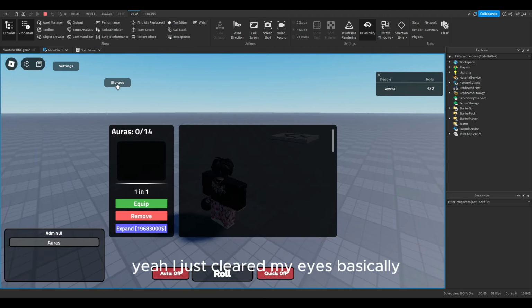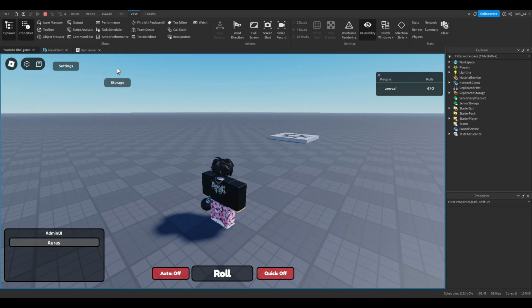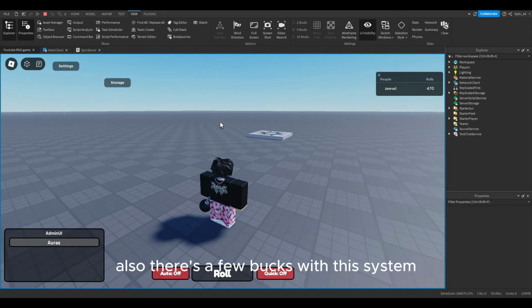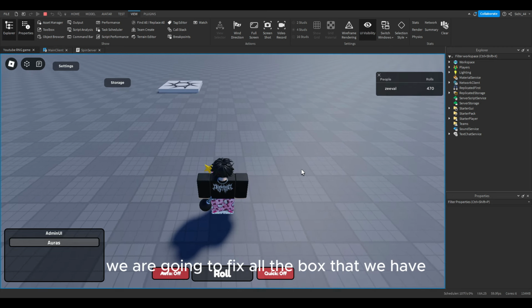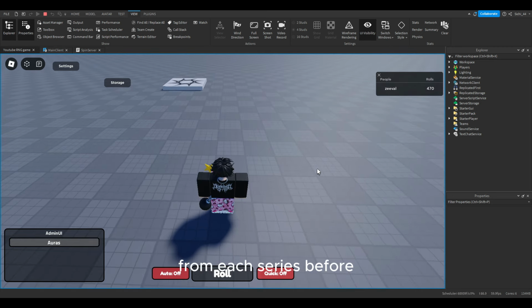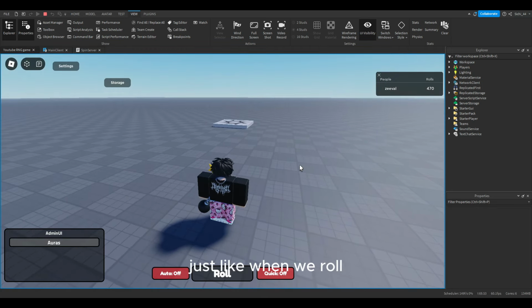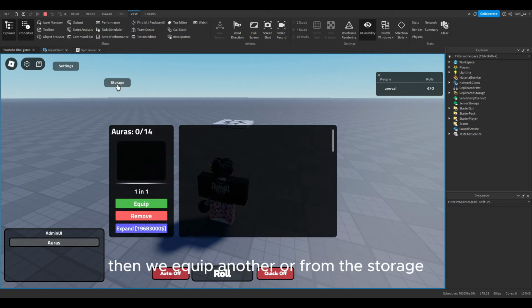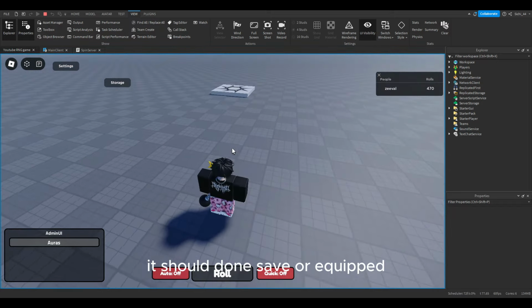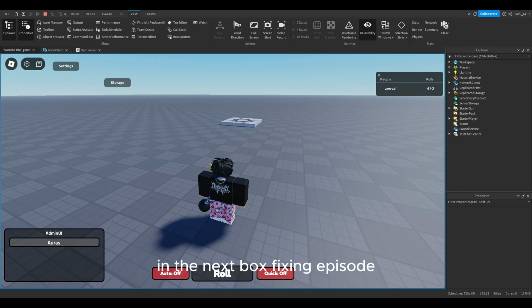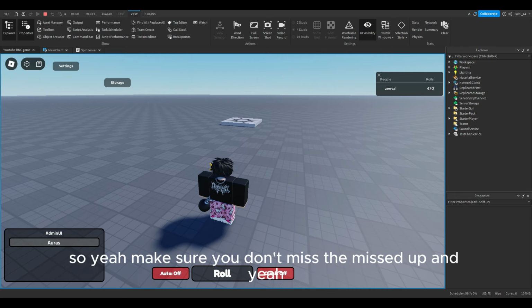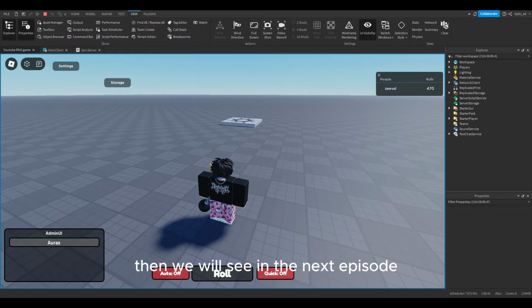Yeah, I just cleared my auras basically. Also, there's a few bugs with this system, but we are going to fix them. So yeah, in the next bug fixing episode, we are going to fix all the bugs that we have from each series before. Just like when we roll, and then we have an aura equipped, and then we equip another aura from the storage, it should then save our equipped aura. We are going to add all this in the next bug fixing episode, so yeah, make sure you don't miss that. And yeah, then we will see